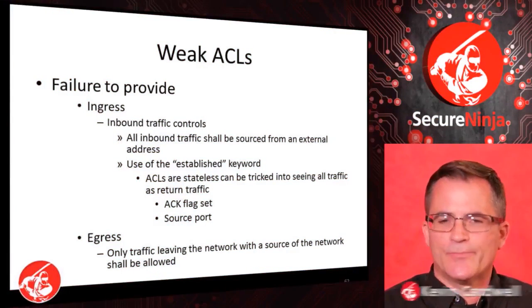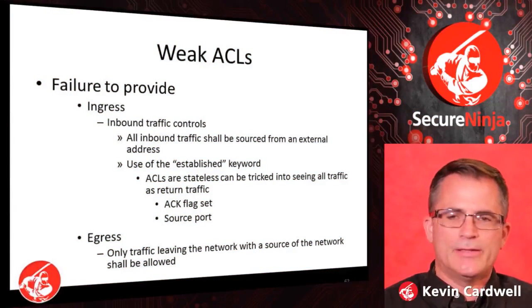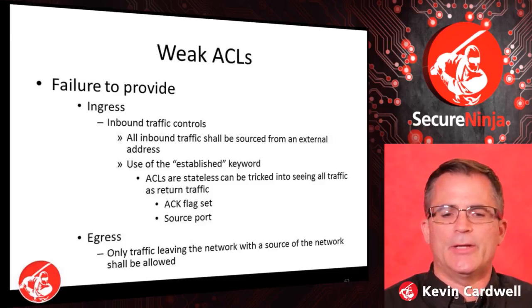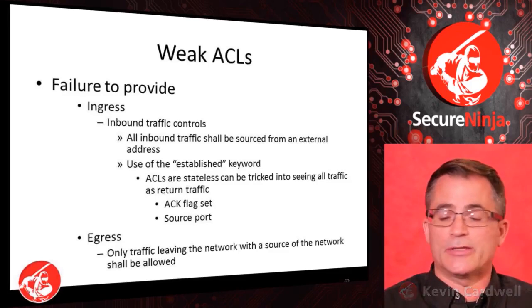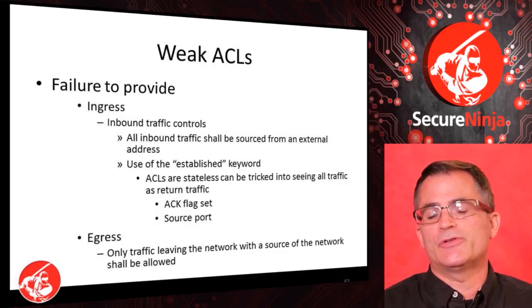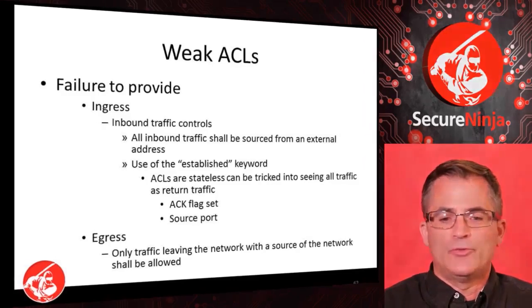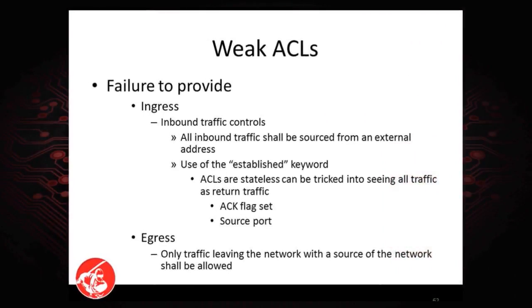Weak access control lists. This is a common weakness that we'll encounter when we're doing red teaming hacking because ingress filtering is not deployed or it's not deployed properly. Ingress filtering is inbound traffic controls. We should have all inbound traffic sourced from an external address, and Cisco's and other routers have a thing called